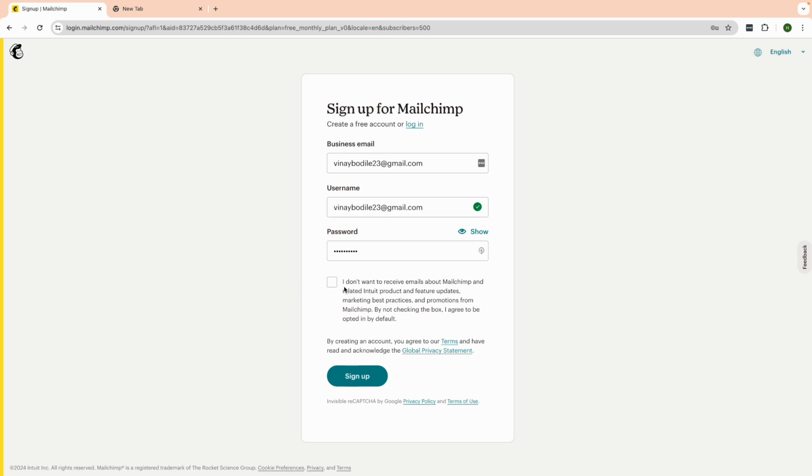After you do this, you will see the option of a tick mark. If you check this box, Mailchimp will send you some offers and feature updates, but let's turn this off. That's totally up to you if you want to keep it or not. Just click on this sign up button, and after you do this, just wait for a few seconds,